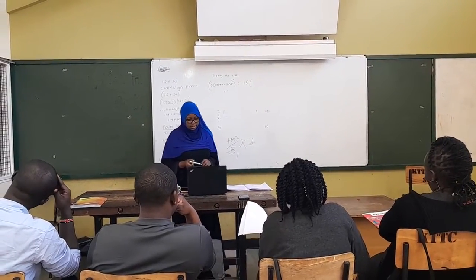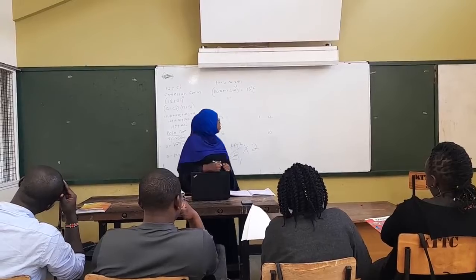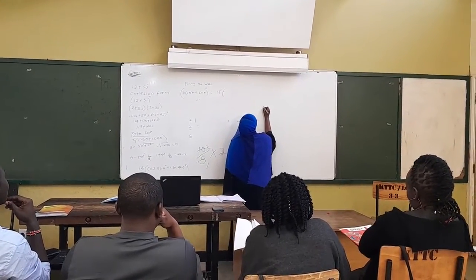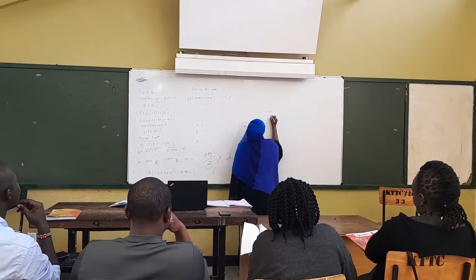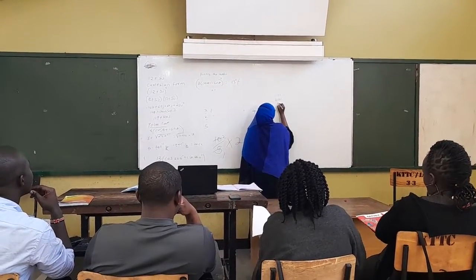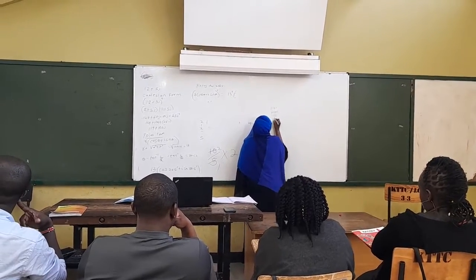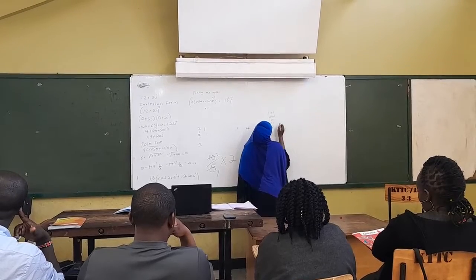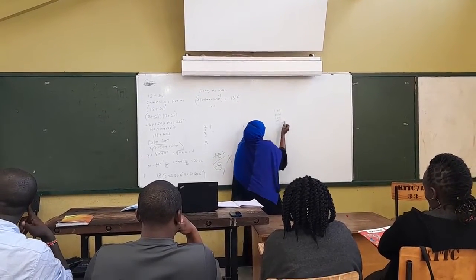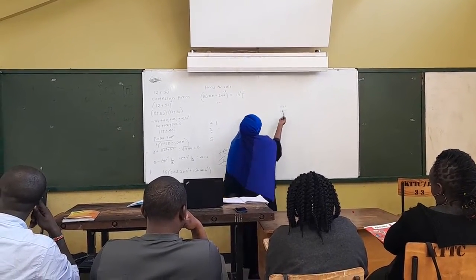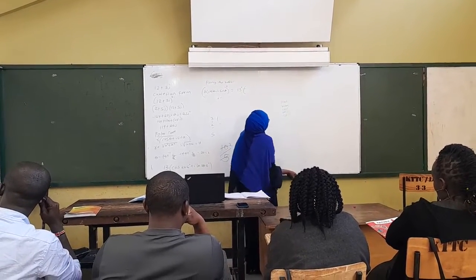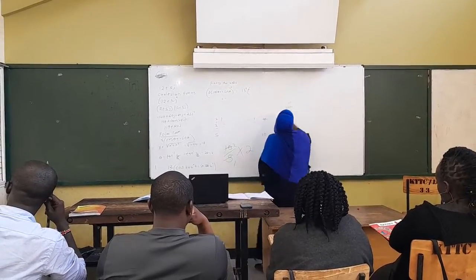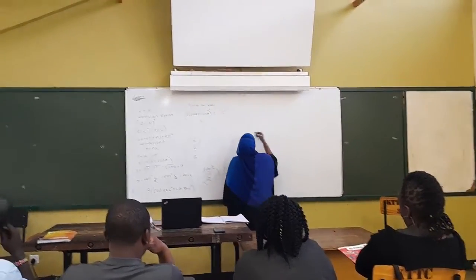Basically, we tackled the types of networks, whereby we mentioned the PAN, the WAN, LAN, MAN, and GAN. Personal area network, wide area network, local area network, metropolitan area network, and GAN finally is the global area network. So today's topic, we're going to talk about PAN,